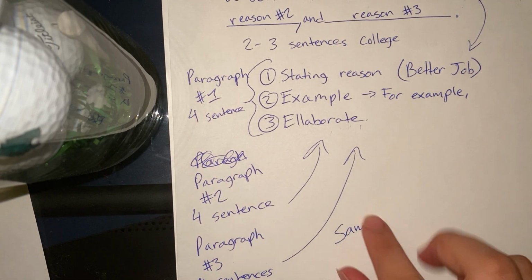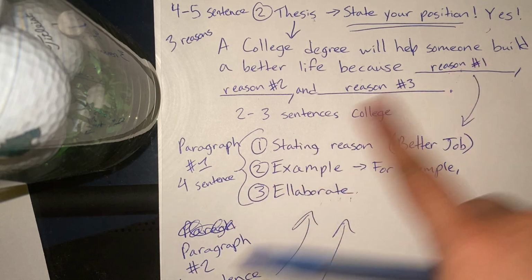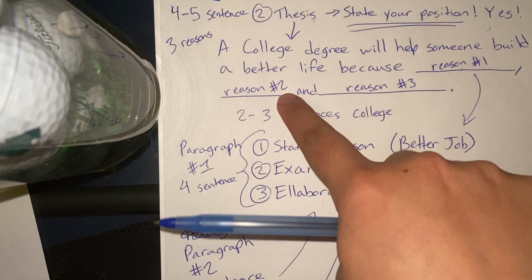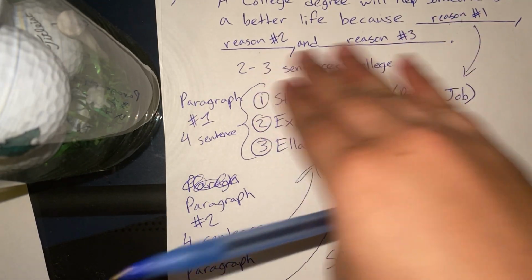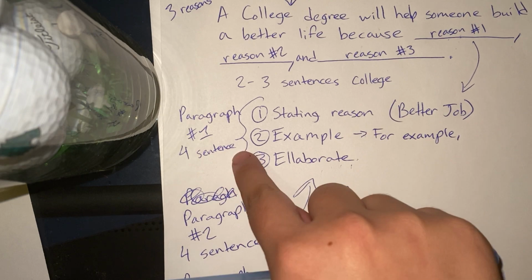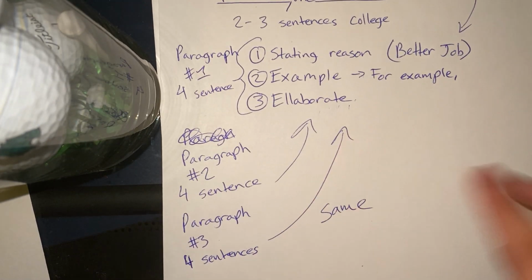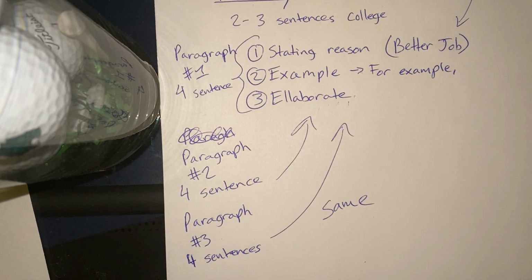So let's say paragraph 2, right? We're going through the reasons, and you're going in order. So paragraph 1 has to be about reason number 1. Paragraph number 2 has to be about reason number 2 because you set the roadmap. So you've got to follow that roadmap too because your reader has already seen your thesis. You can't start with reason 3 and then jump to reason 1, no, you have to follow the roadmap.